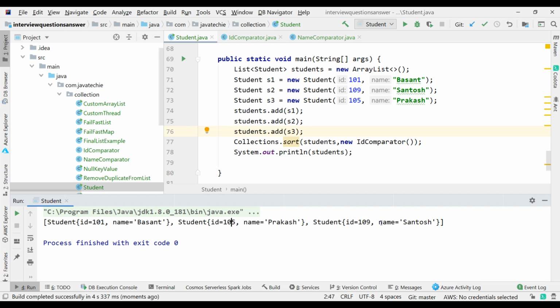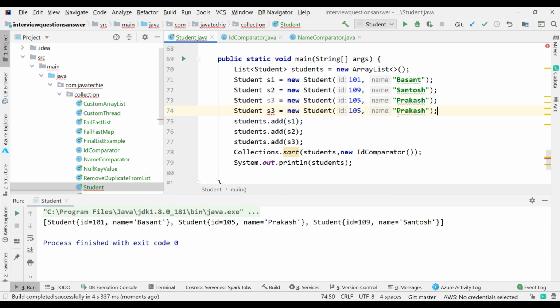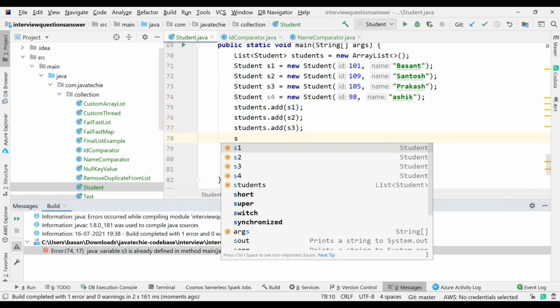101, 5, 9. Okay, so let me add one more field so that we can find the difference. Let's say something 98, and I added ASHIK. Now let me run based on the ID. I should get this first. Okay, S4, and also add that to the list.